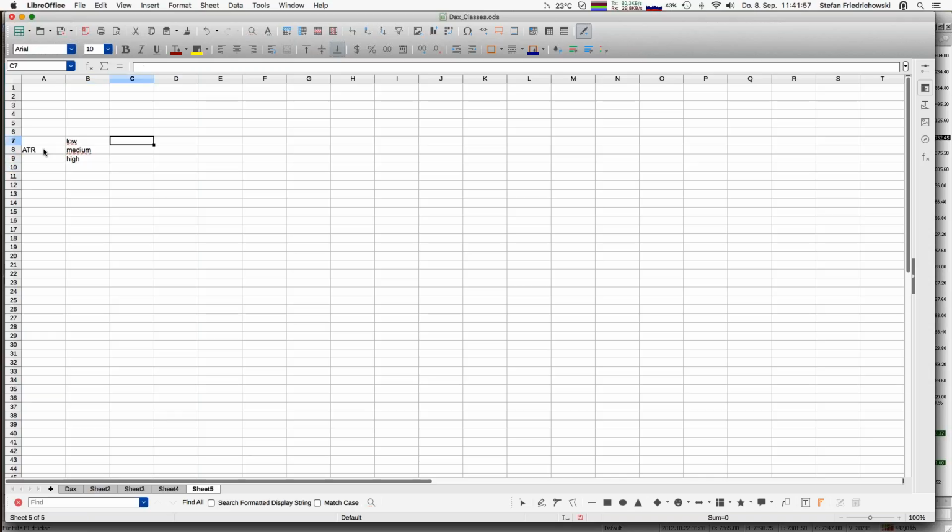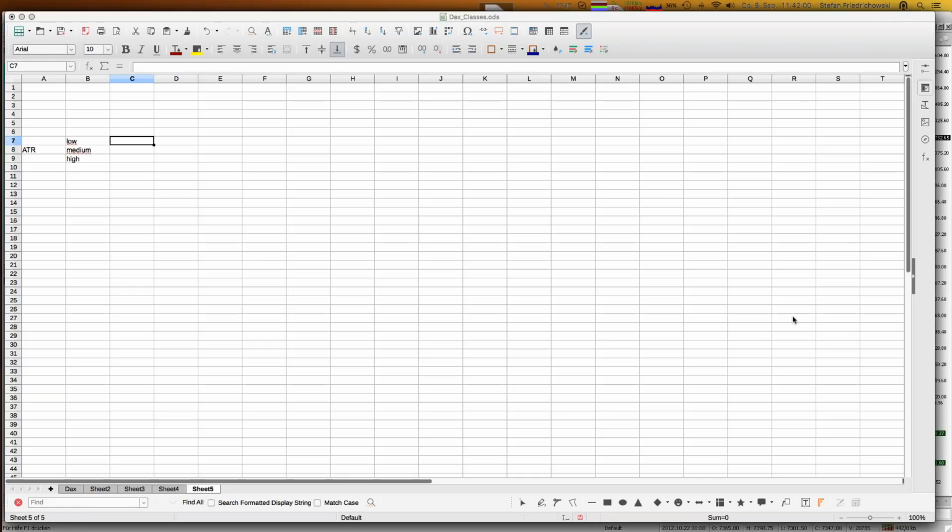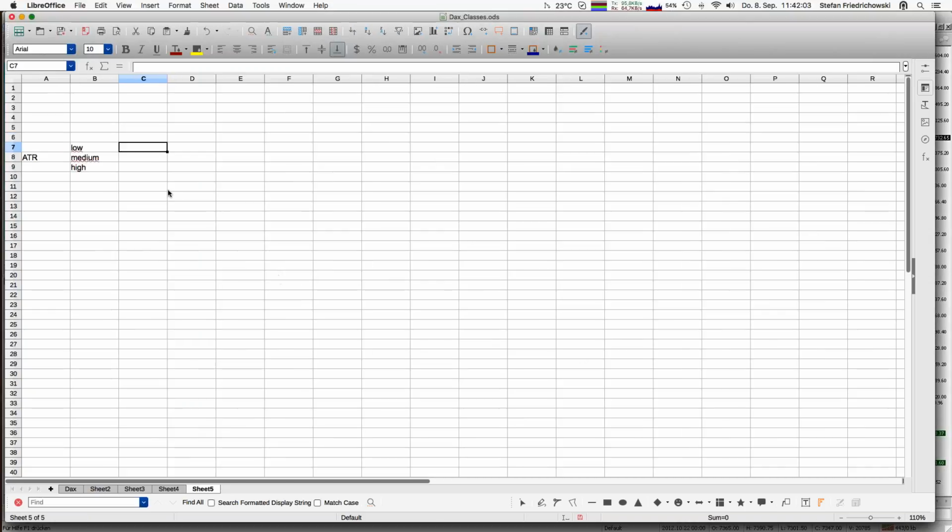Maybe it's a good idea now to zoom a little bit. So what we did is we put those numbers as identification numbers for ATR low, medium, and high, and we did the same for